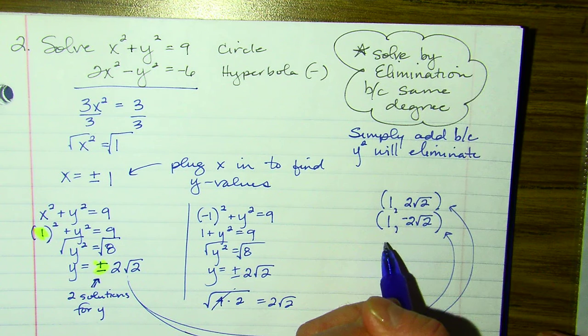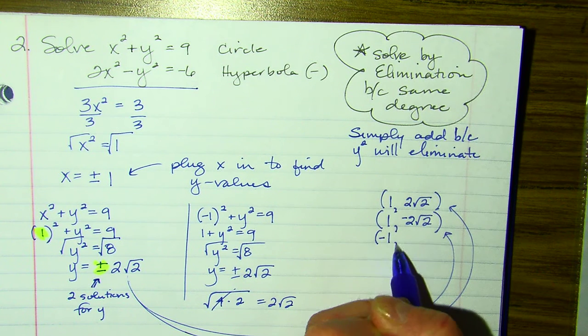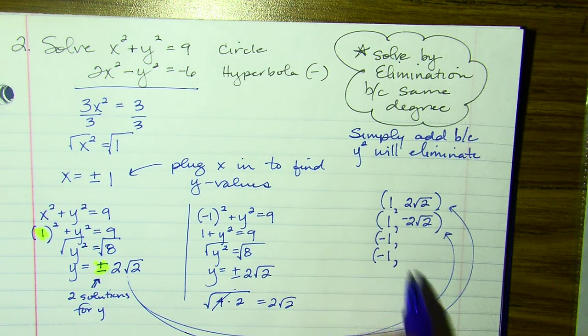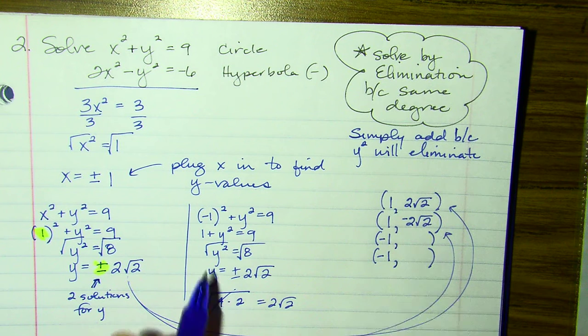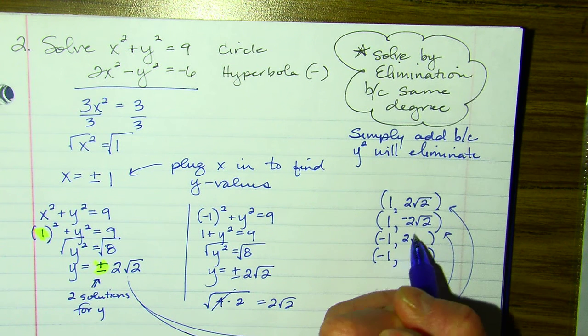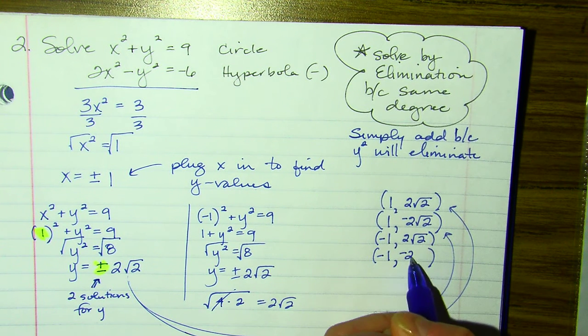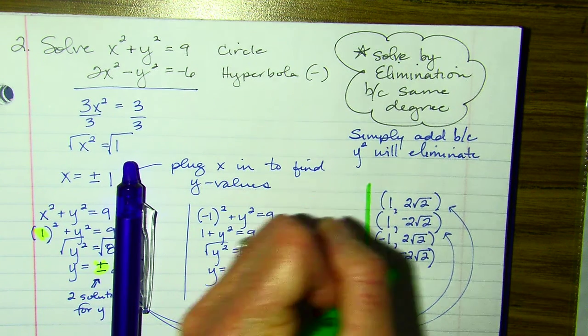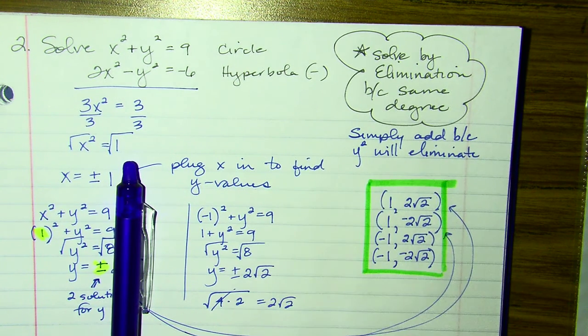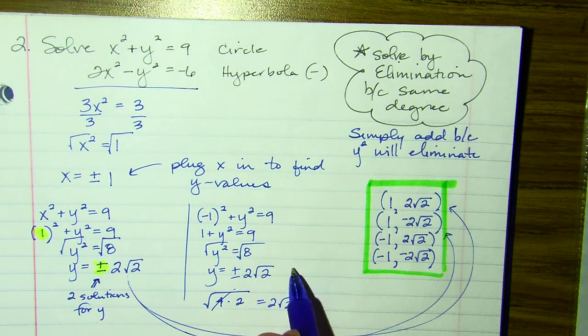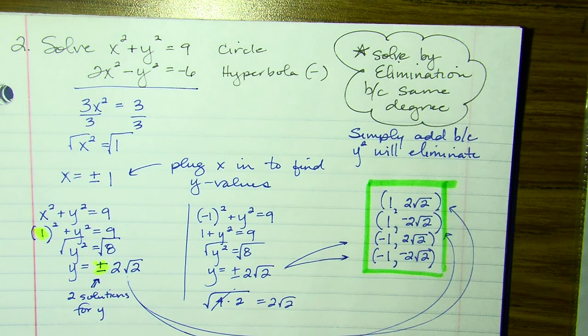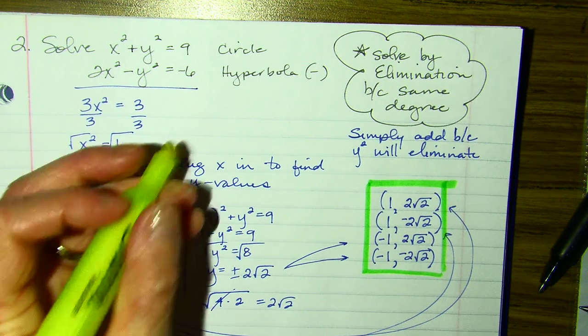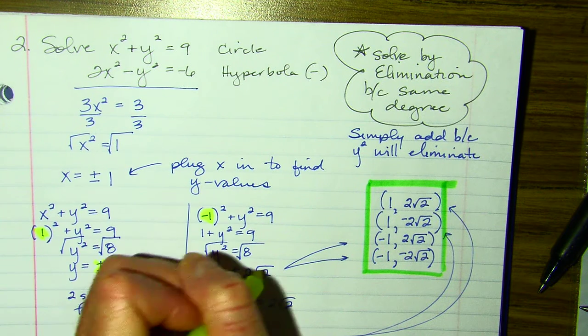So notice when I plugged in negative 1, I got two solutions for y. One of them was positive 2 root 2, one was negative 2 root 2. And so these 4 points of intersection are my answer. Notice in this case I have 4 places of